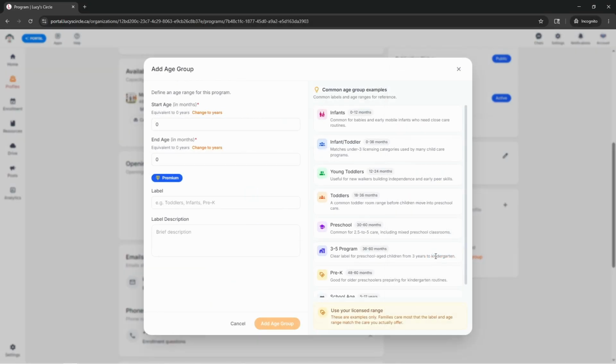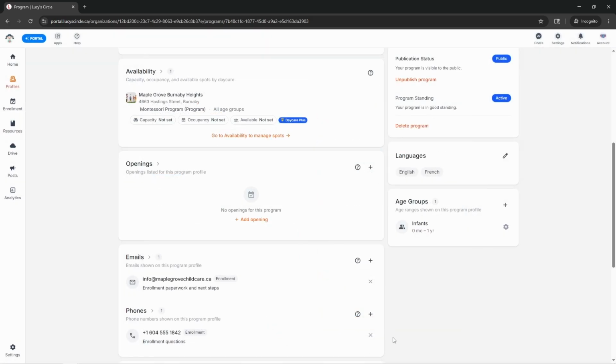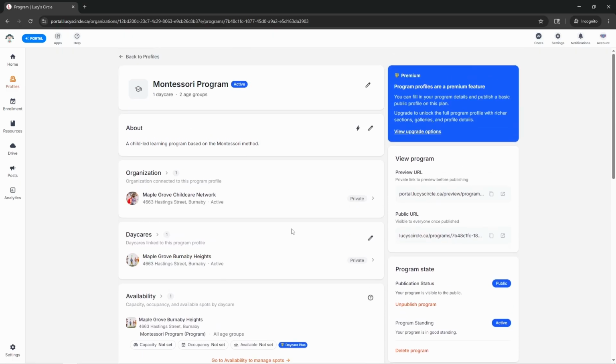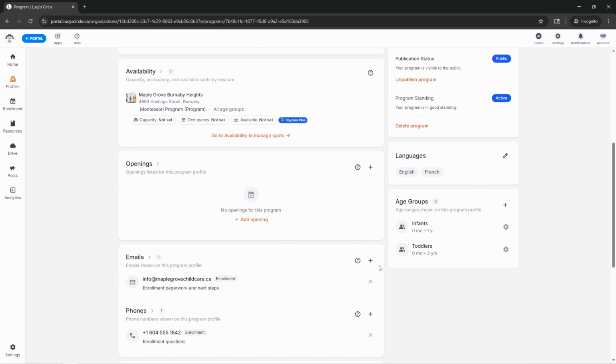I'm going to click Add Your First Age Group. And this one is going to be infants. So we're going to start at 0, and we're going to go up to 12 months. And I like this. And I want this to have a label of infants. We add the age group, and now we have one age group. And then we're also going to add toddlers. So there we are. We have this specific program, and this one has 2 age groups in addition to everything